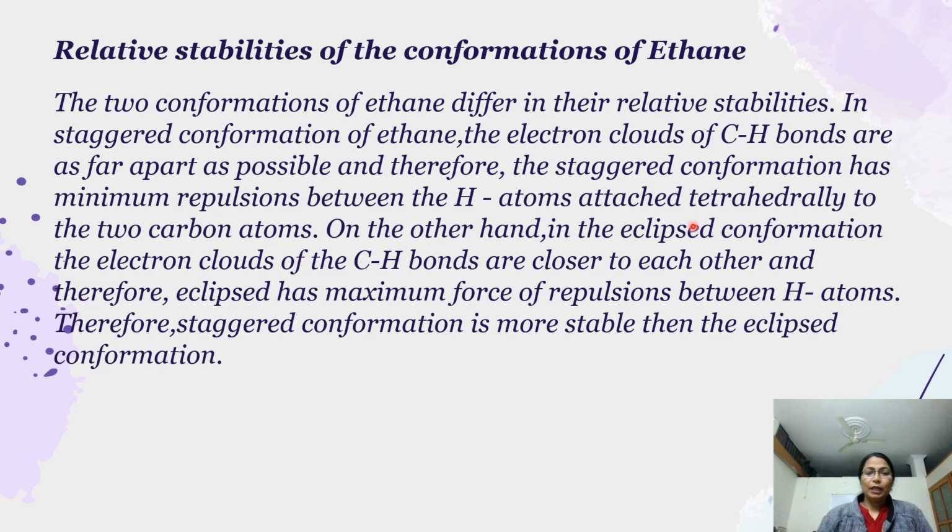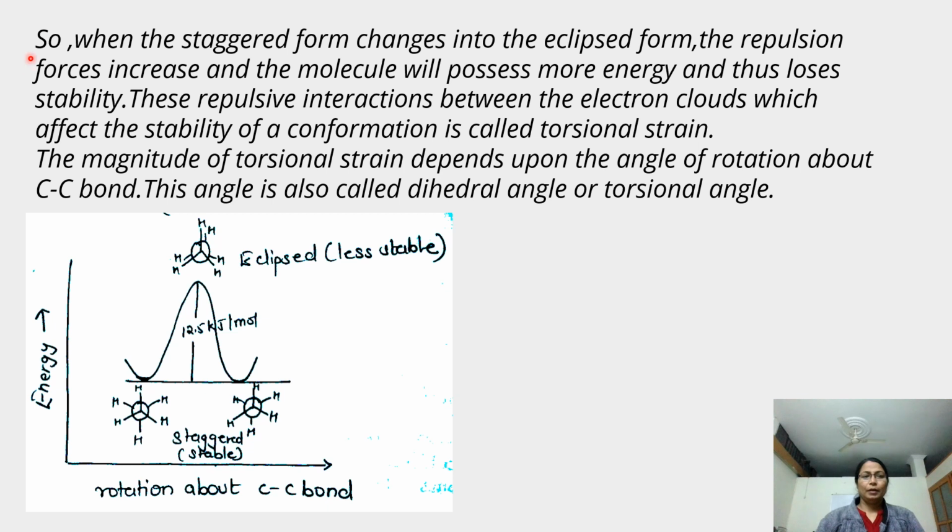और दूसरी ओर इक्लिप्स कन्फॉर्मेशन के अंदर इलेक्ट्रॉन क्लाउड ऑफ द CH bond are closer to each other and therefore this has the maximum force of repulsion between the hydrogen atoms. और इसी वजह से स्टैगर्ड कन्फॉर्मेशन more stable होती है as compared to the eclipse conformation. So when the staggered form changes into eclipse form, the repulsion forces increase and the molecule will possess more energy and thus lose